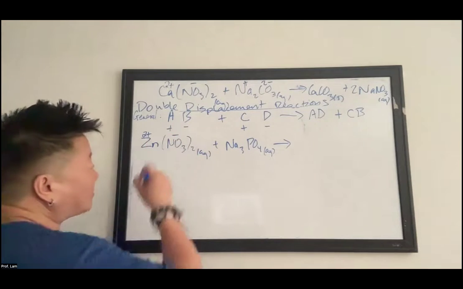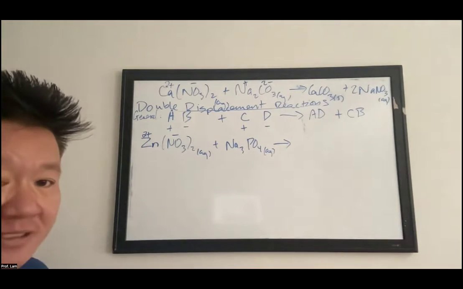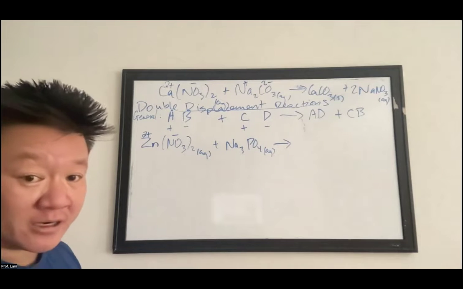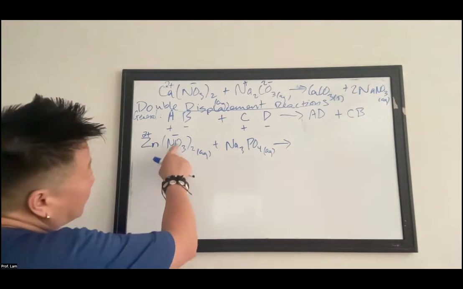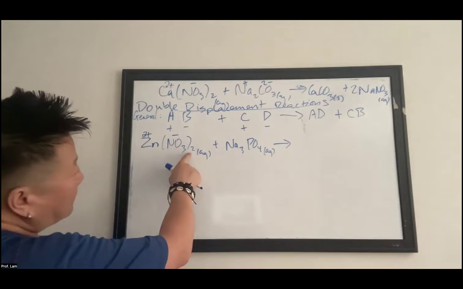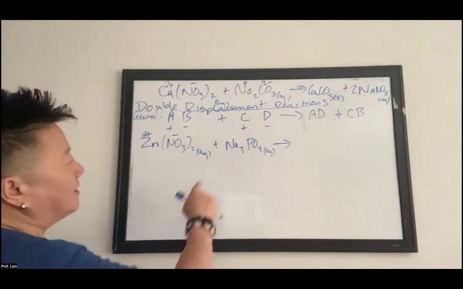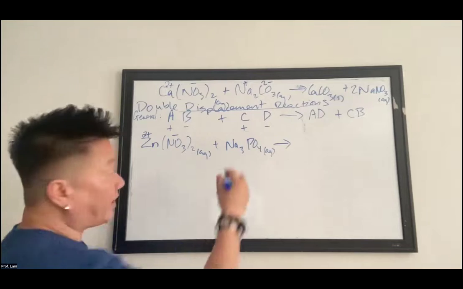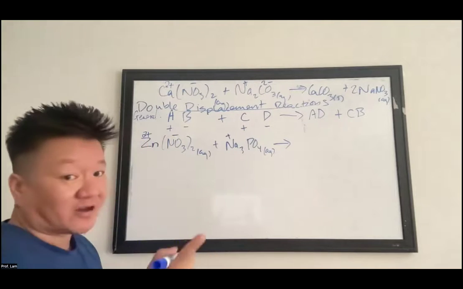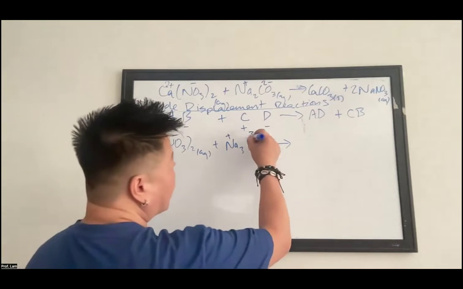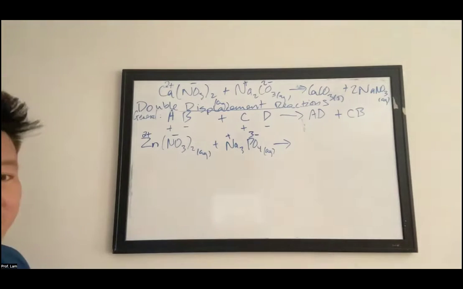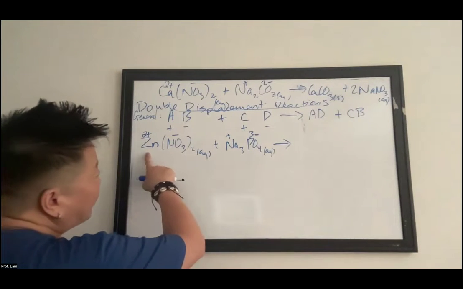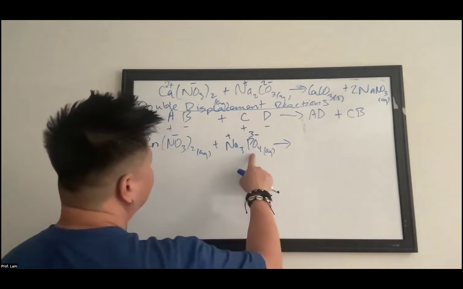Now nitrate, you should know your polyatomics. It's negatively charged. And you have the polyatomic list as well, you can always look that up. Negative, so that's why you have 2 nitrates. Let's go here. We have sodium phosphate. Na is in group 1A, so it's positively charged. And phosphate is 3 minus as your polyatomic. Do that first and then predict your products,